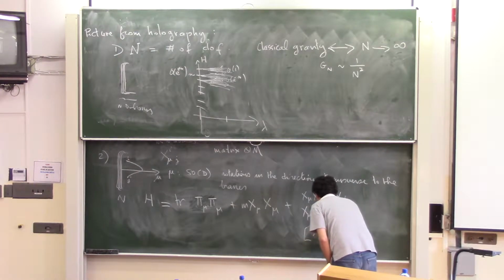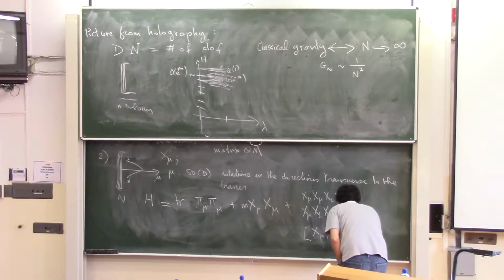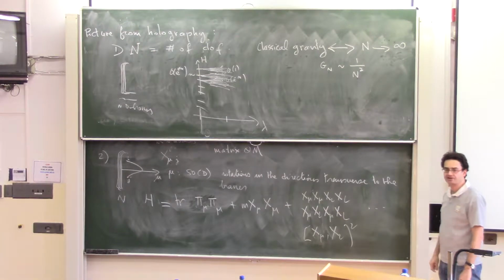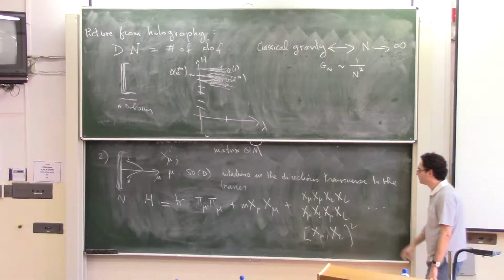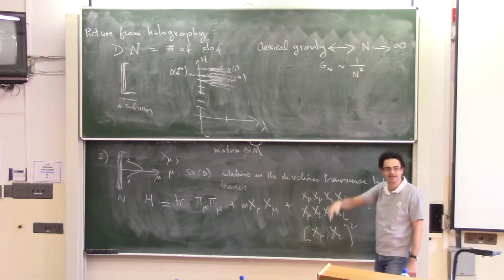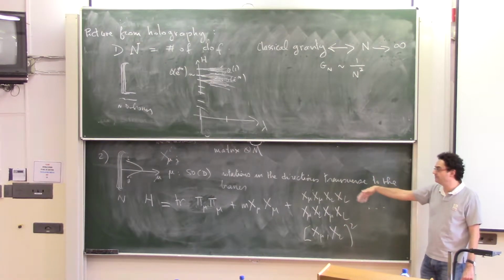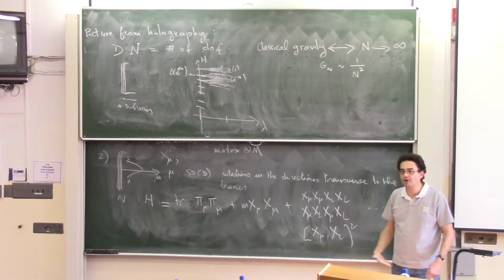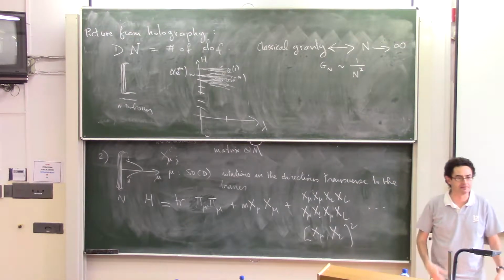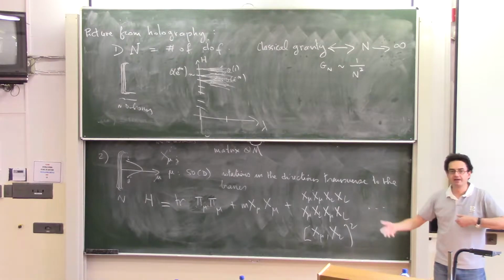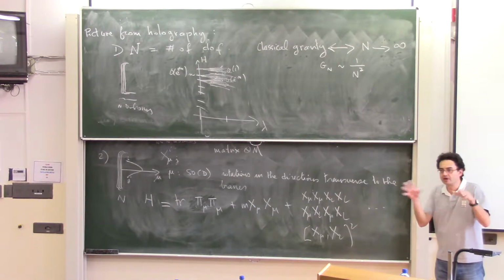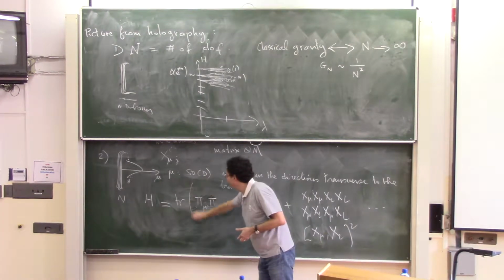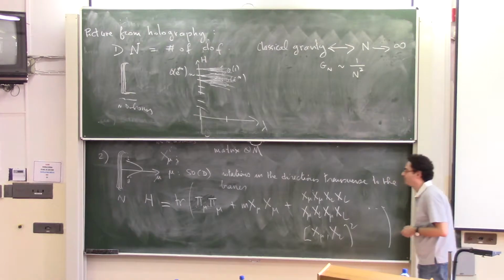You can have the famous combination of these two, which is the commutator square, and of course, etc. The higher order interactions. Of course, you don't need to have only one x. You can have x, y, z, etc. The x's can be bosonic, but they can also be fermionic. In typical string theory setups, you have both, because you get supersymmetric models. So you have both fermionic and bosonic matrices. Okay? So you can put all these ingredients together, but this is really the typical kind of Hamiltonian we want